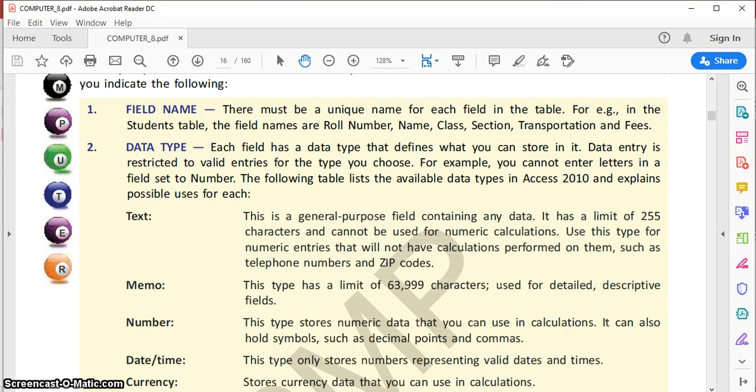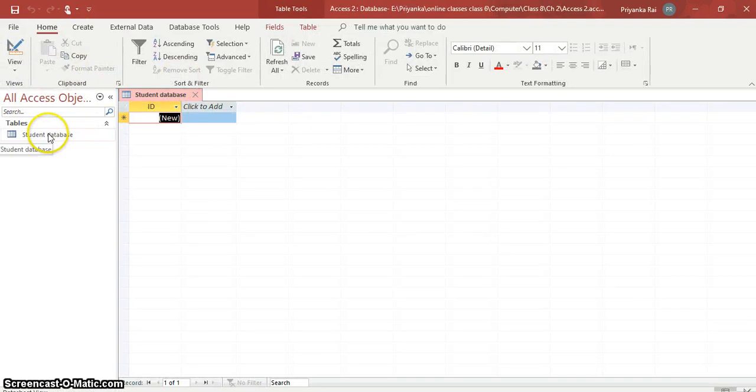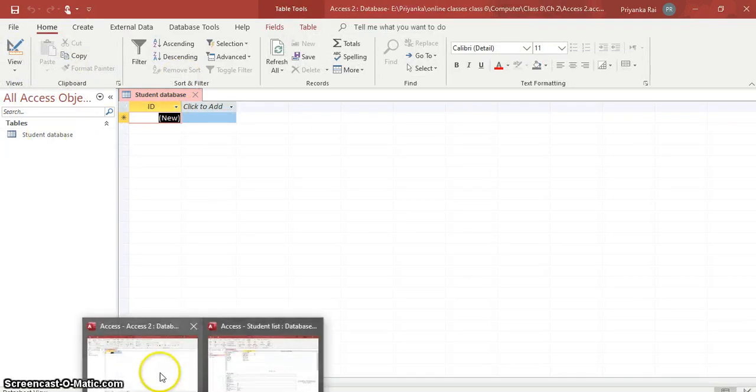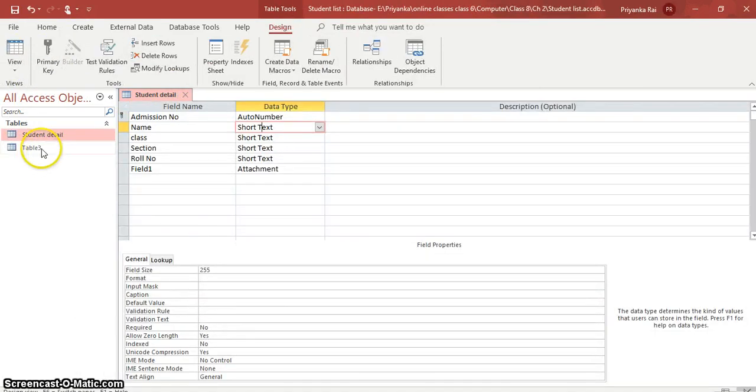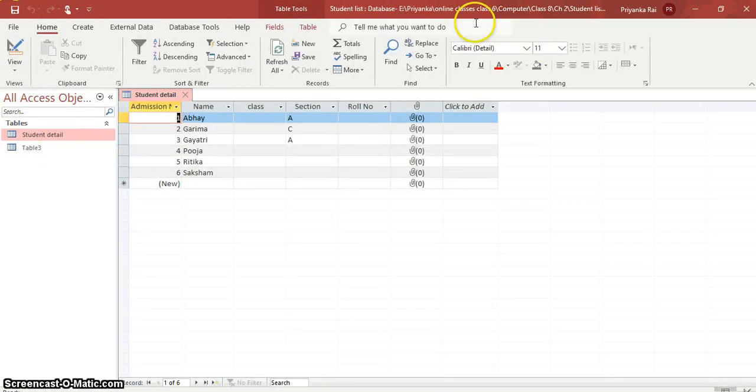Let us see. This is our table which we created in the previous part. So this is datasheet view. Here these are the headings, column headings.